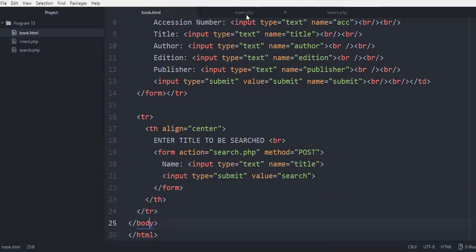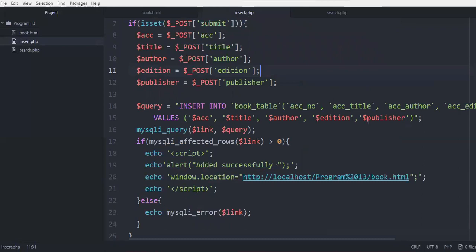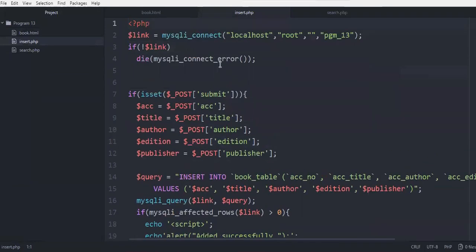Now let us look at the insert code. So we know that we have to write a PHP script. So we open the PHP script tag. So $link again is a variable, a PHP handler which is going to help us to connect to our database. The function that helps us to connect to the database is mysqli_connect.